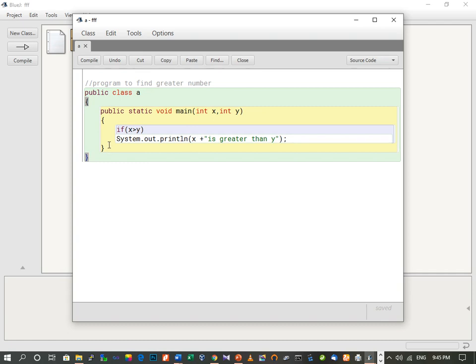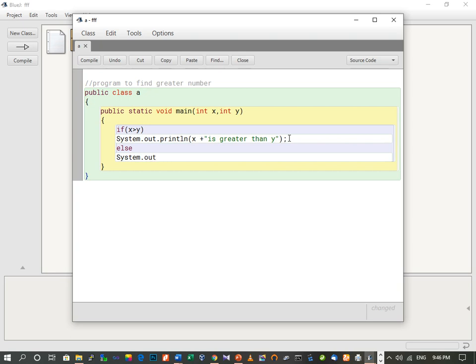So here we will write down, if this is not true, then else System.out.println, y is greater than. Previously we saw that here y was showing, but actually we should print the value of y.